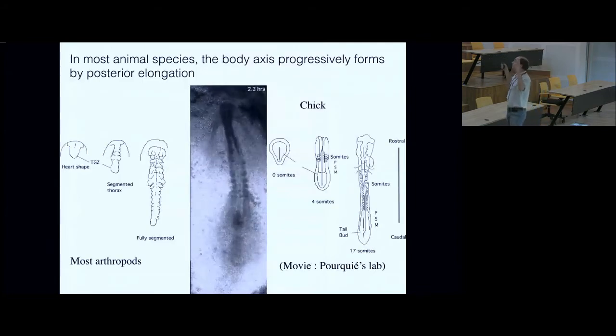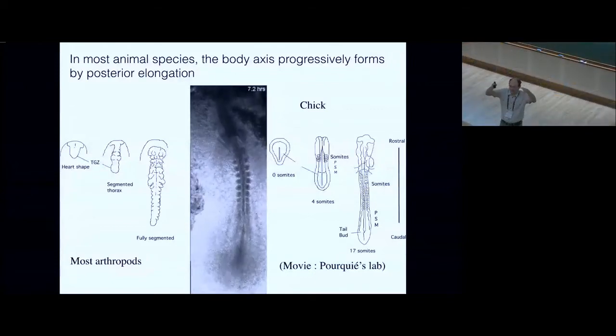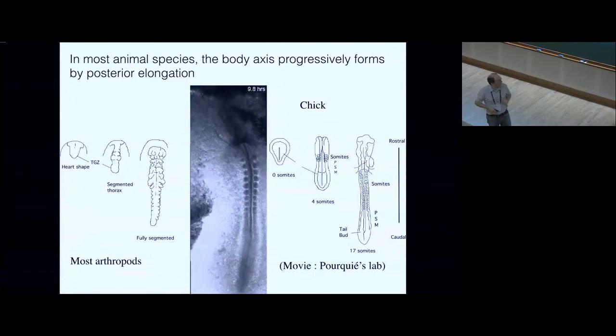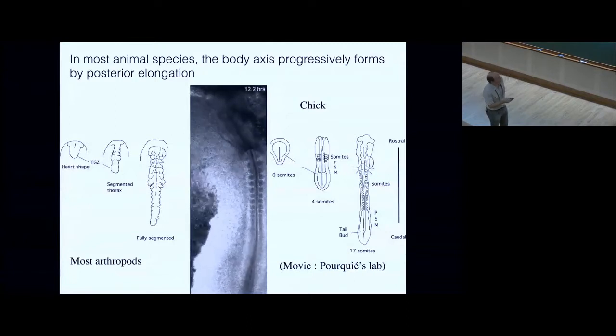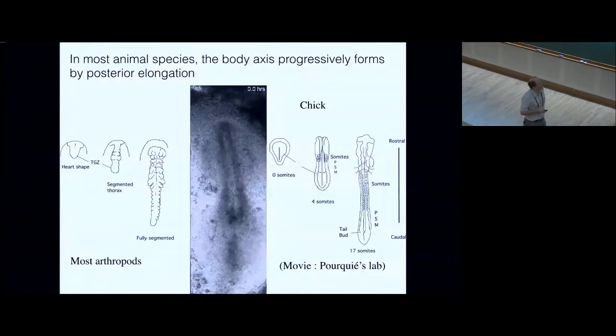What is true is, it's not like you have an egg of fixed size and then you have the maternal genes defining the gap genes and essentially you lay the pattern. The way most animals develop is like this. So this is a chicken embryo, courtesy of Olivier Pourquier, a very famous biologist. Before we start the movie again, this is the future head of the embryo. This is the tail of the embryo. You should focus on this region, and you see that this region is going to extend. And as it extends, you're going to form segments.